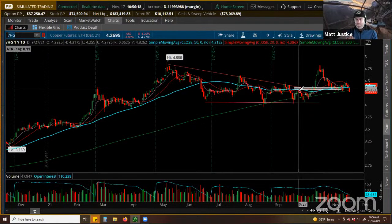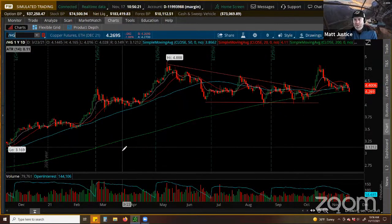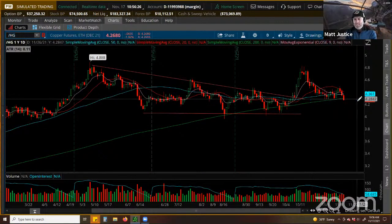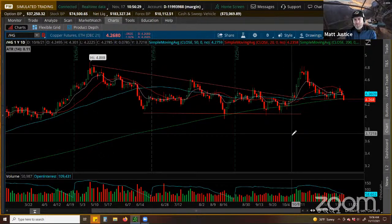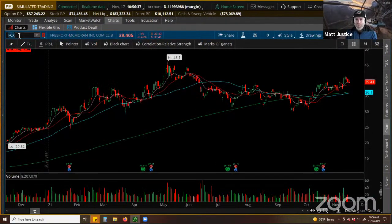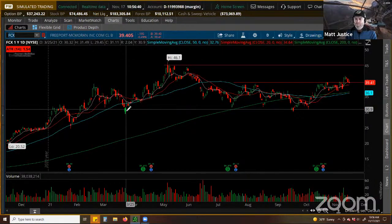We're seeing a little bit of violation after an improving condition. I think you've got to call this a breakdown here, Tyler, against that 200-day moving average. Tyler, how concerned are you with copper violating the 200-day moving average, and specifically FCX here? FCX is a very popular proxy vehicle for copper, with the recent volatility in copper. FCX testing a breakout channel. My question to you, Tyler, technically, is this: are you concerned with FCX's recent breakout, with copper now violating the 200-day moving average,